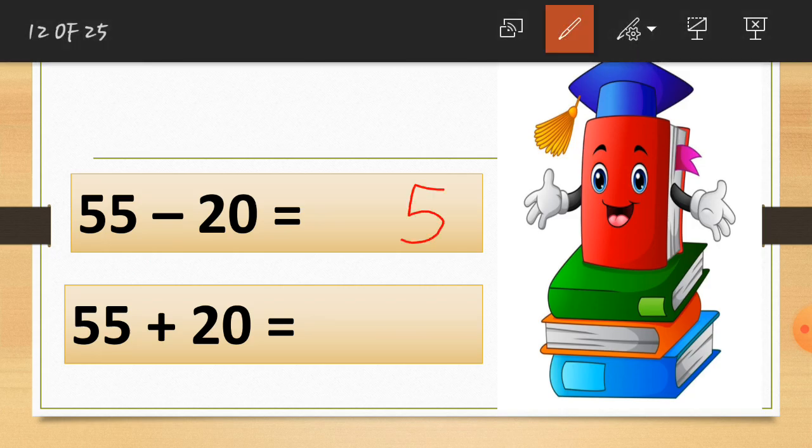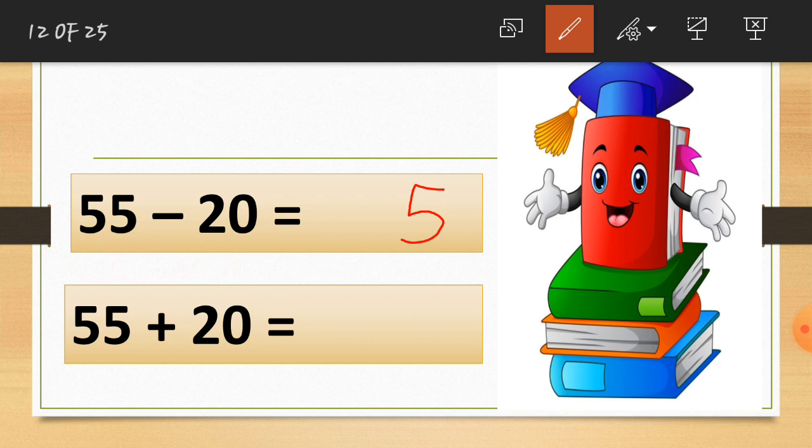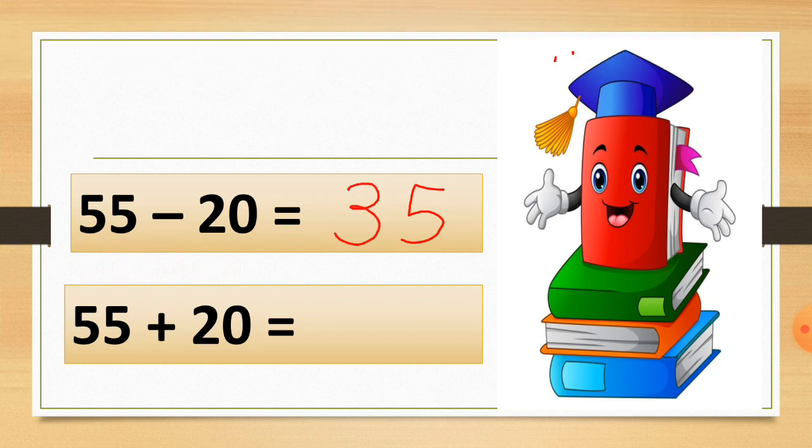So now here is the tens value, which is 5 also. So here is the minus. We are cutting 20 from this 55. So we have to cut the numbers. Here is the tens place, which is 5. So we have to cut 2 from the 5. So take your 5 fingers and hide 2 fingers. How many fingers can you see now? I know you can see 3 fingers now. So here is your answer, which is 35.